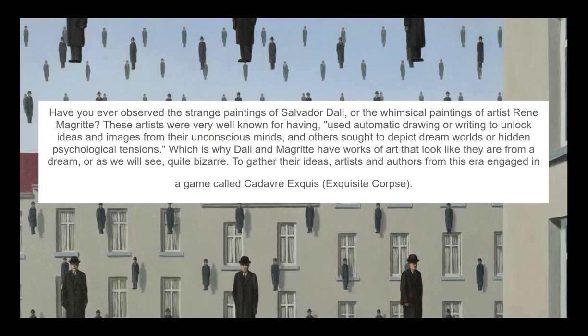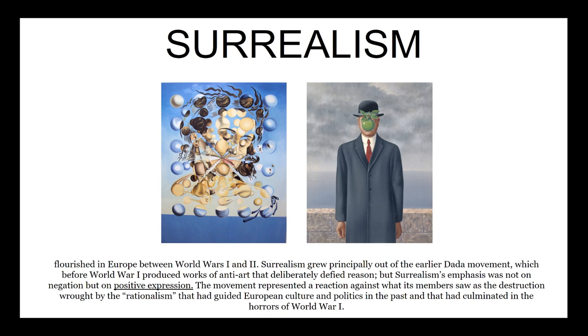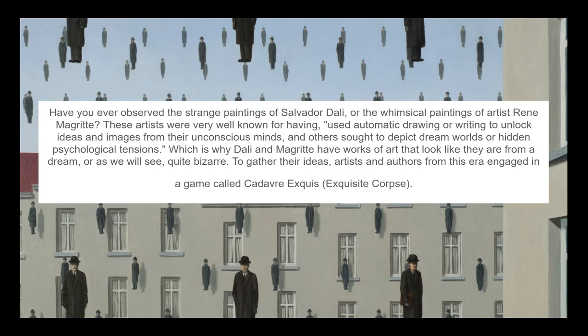So have you ever observed the strange paintings of Dali or the whimsical paintings of Rene Magritte? Here are their paintings. On the left, you've got Dali and Magritte on the right. These artists are very well known for having used an automatic drawing or writing activity to unlock ideas and images from their unconscious minds. So these artists would all get together and they would drink and be merry, and they would socialize, and